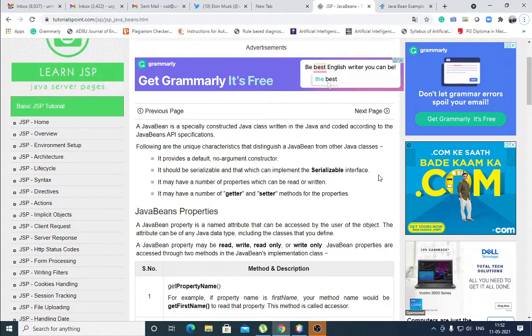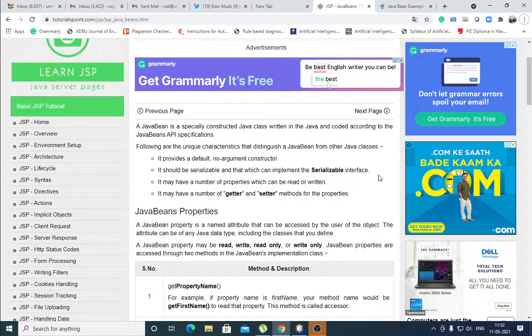Some of the controls are system defined and we have to set the properties, get the properties, read and write. Get means read and set means write. Like that, Java Beans is a reusable component.